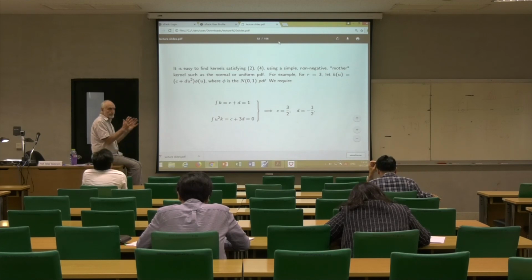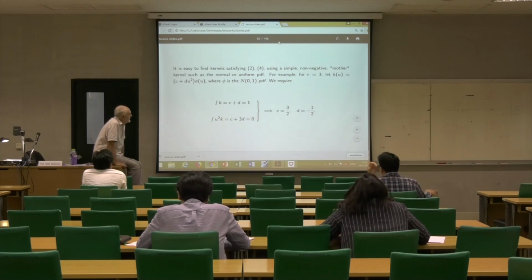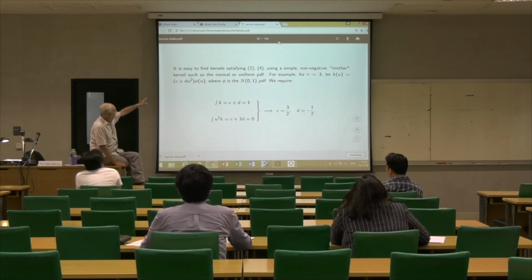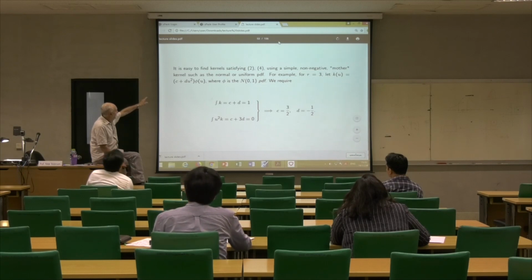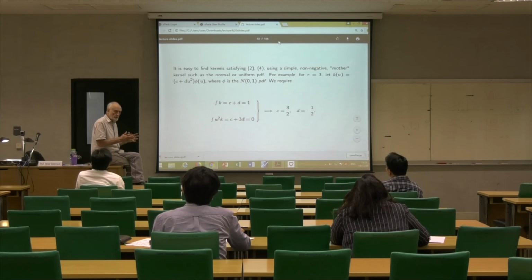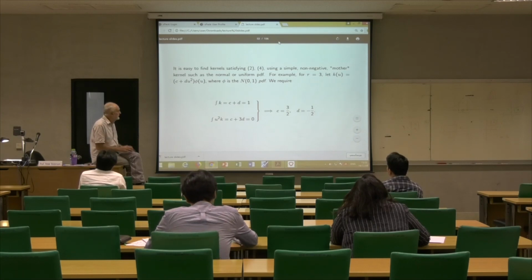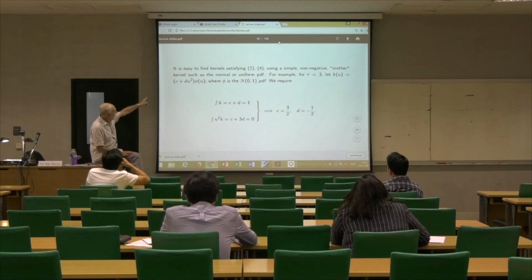The uniform density was the flat one, and then there was the normal one. Those are not higher order kernels; they're always non-negative. But we could say, let K be C plus d u squared times phi of u, where phi is the standard normal density. So phi is one of the possible choices of K, but it's not a higher order kernel. But if we have that factor in there,